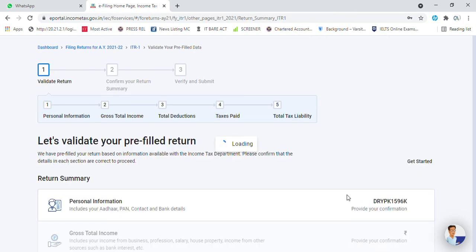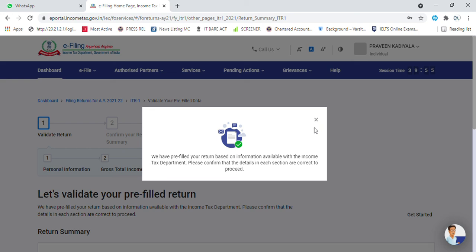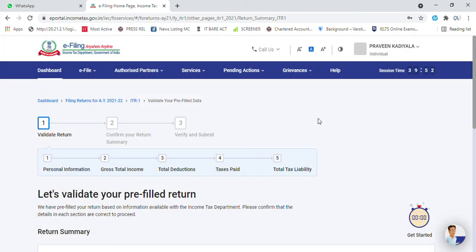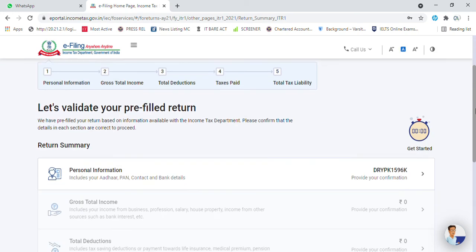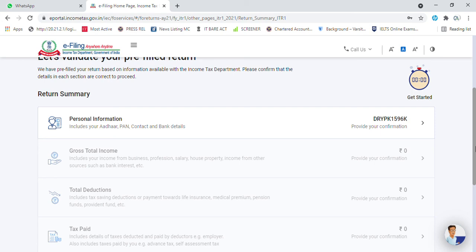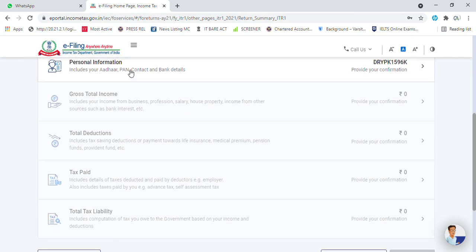Just mind that the income tax filing process under the new website is a 5-step process. Personal information you should fill first, next gross total income details, next deductions, next taxes paid, total tax liability. So in total you are required to complete 5 steps. First is personal. You can see here, after completing each step, the next step will appear. After filling personal information, gross total income appears. After these, total deductions, tax paid, total tax liability. So fine. Now I will fill my personal